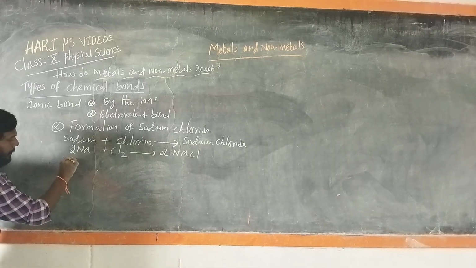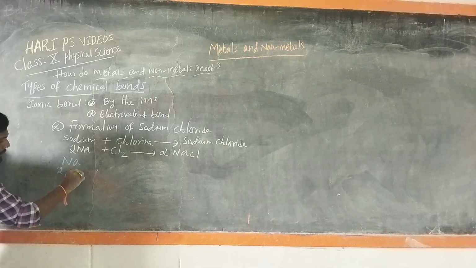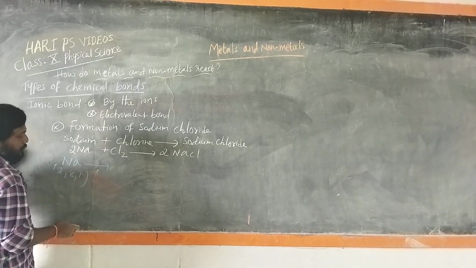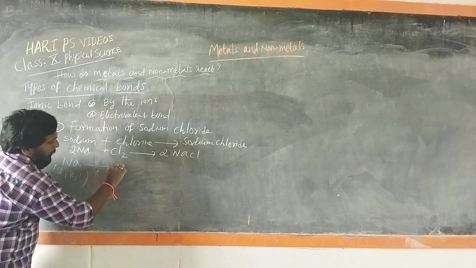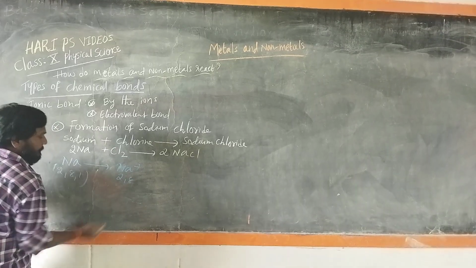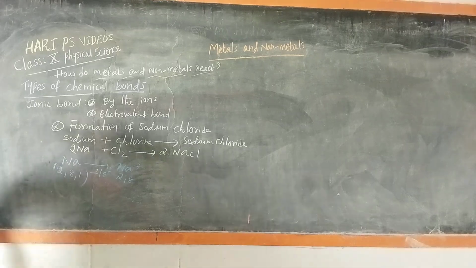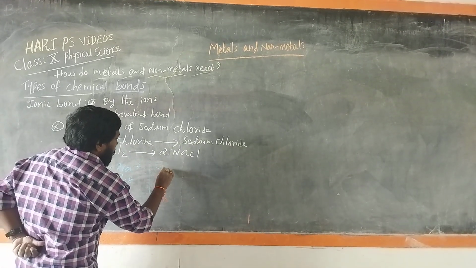Sodium has atomic number 11, so electronic configuration 2, 8, 1. It loses one electron and gives Na plus, so 2, 8. One electron is lost. Similarly, chlorine, Cl,